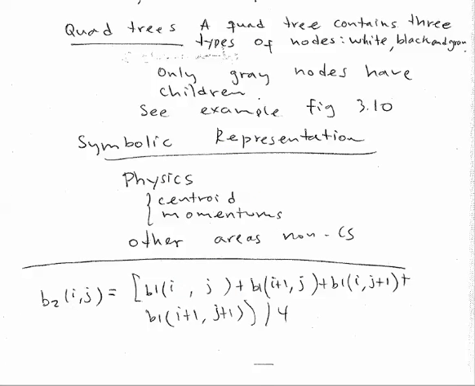The other type of representation that we call symbolic representation, we link that basically with physics, with ideas of centroid moments in the image. In this class we're not going to study a lot of those, but we just need to be aware that there are other ways of representing regions. We use other non-computer science areas, and one of the best ones will be physics,